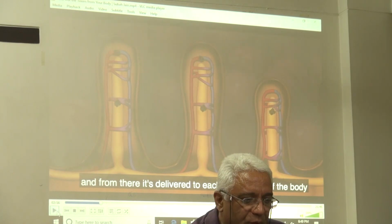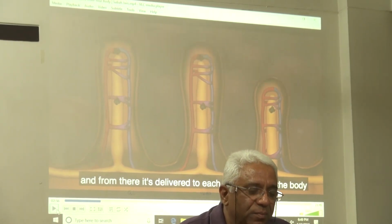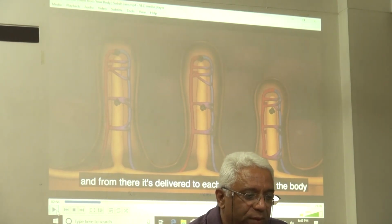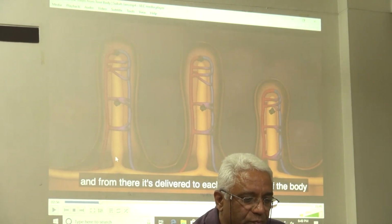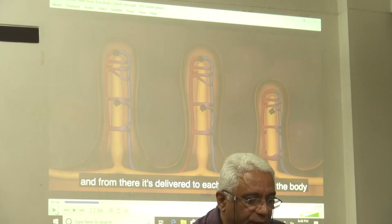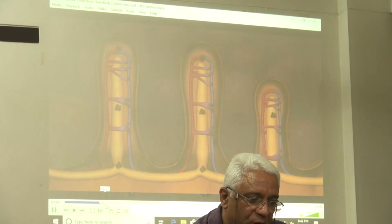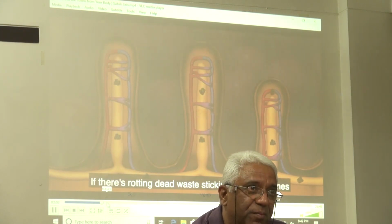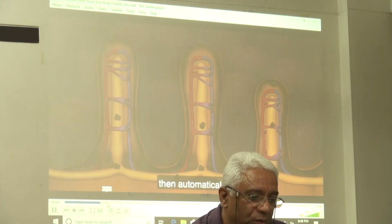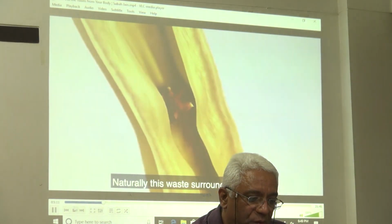Basically your intestines are lined with villi, what they call villi. Okay, it is the job of this villi, what you can see here, to absorb nutrition. But when this fecal matter stays in your stomach for days, sometimes by the time it passes out, even for a normal healthy person, what happens is that it starts rotting,